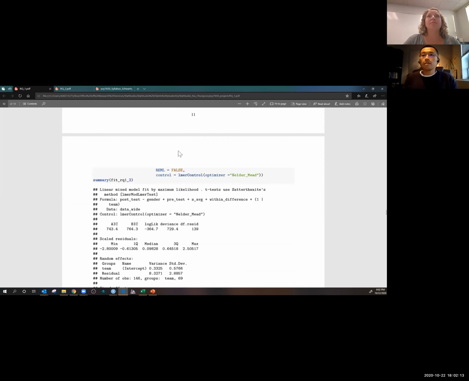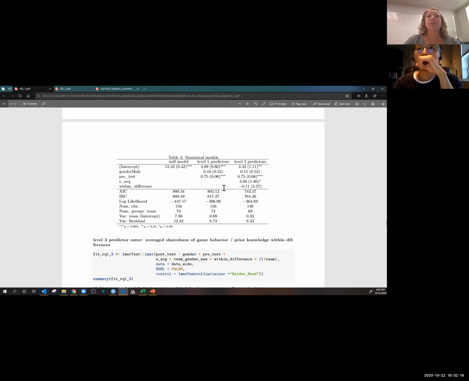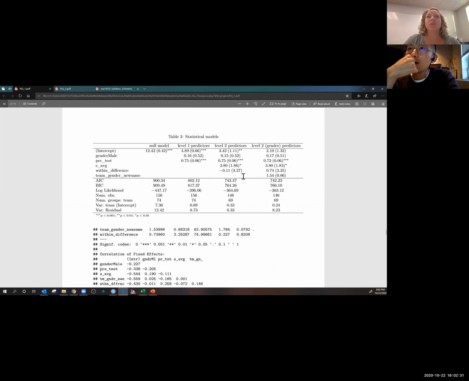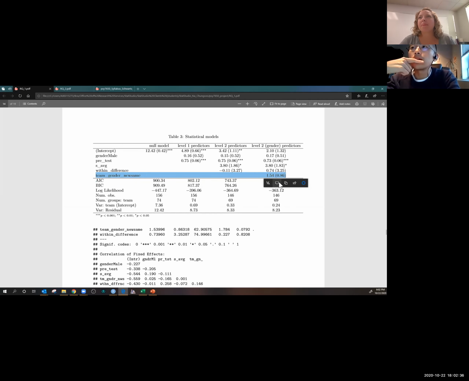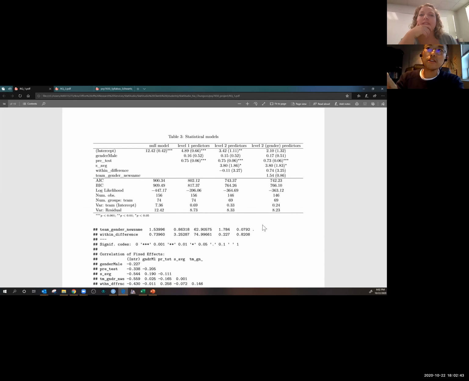And then you add in the average. Yes, that is a sharedness, similarity of game behavior, and I just averaged 6 time points. Yep, so that's significant. And then the last one, the gender being the same. Yes, as you recommended, I made a categorical variable, so if the members consist of the same gender, I made a variable for that.